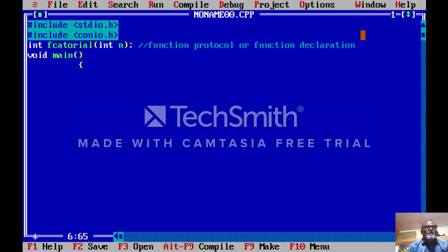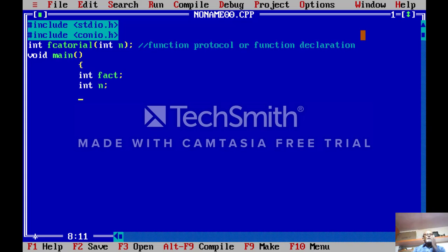Now here write or declare the variables fact, and printf, or any number, for example n.